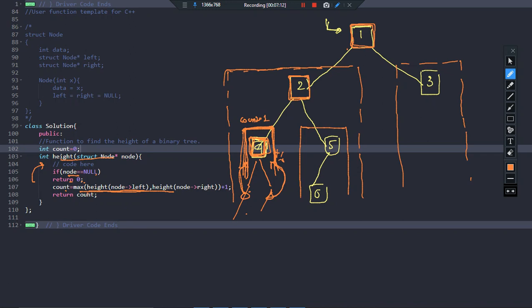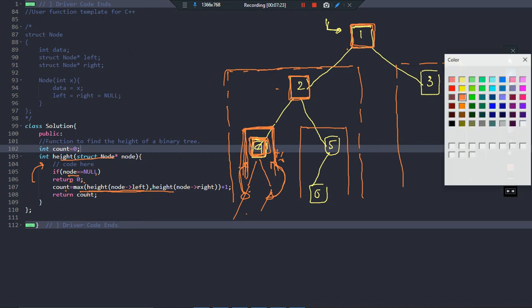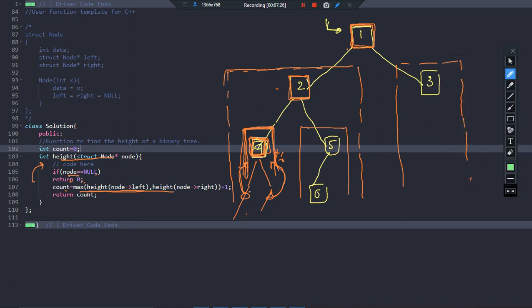Now it will return count to this, so this count value will be returned here. So when I was at 4, this was not null, so I computed its node left and node right, both were null. If they are null, we know it will return 0. So the call on node left returns 0, the call on node right returns 0. 0 comma 0, maximum is 0, plus 1. So it returns count, count equal to 1. This count equal to 1 is returned here, and this value is received by this. So this recursive task is completed.